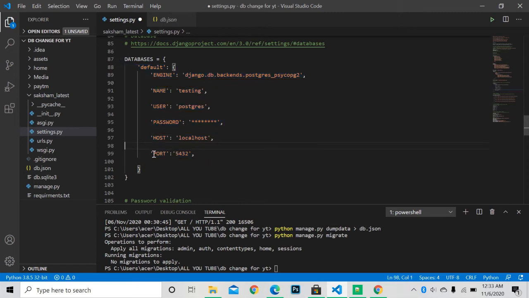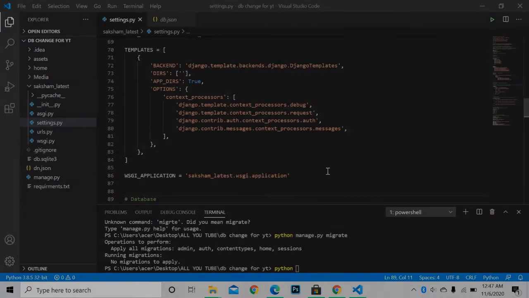The host is localhost for local servers. When you upload it on a global server, you have to add the domain name and port. It is the default port. The name you can set to whatever you want. Please keep in mind that the engine should not be only postgres. You need Postgres and psycopg2, and I assume that you have already installed psycopg2 and integrated it with your pgAdmin.